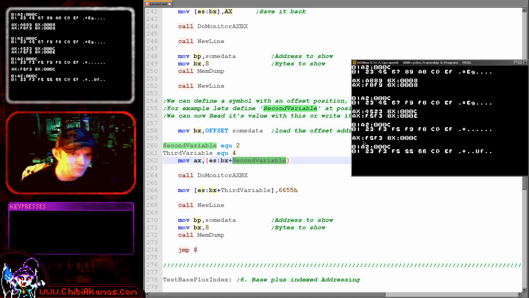So in this case we've got BX again pointing to the start of our data here, and we've loaded in AX from the second variable here, and you can see that that has loaded in F3, F5 here, and that's become F5, F3, a little endian there. So that's been loaded in from plus 2 here. But then when it comes to the third one, we've actually loaded in 6655 here into the third variable, which is an offset of 4, 0, 1, 2, 3, 4, and you can see 6655 has been loaded in there,